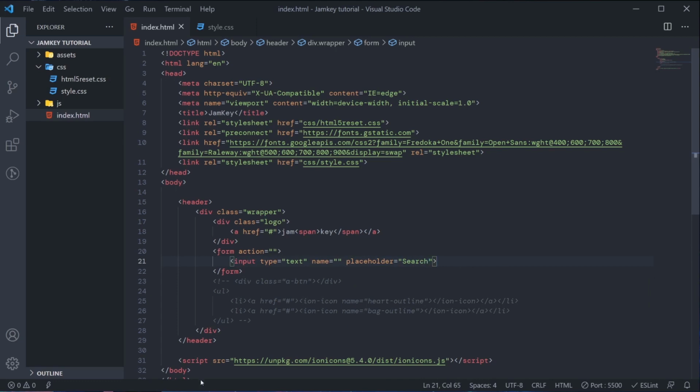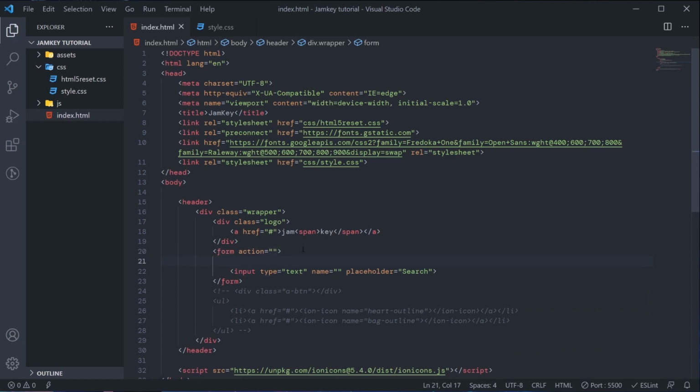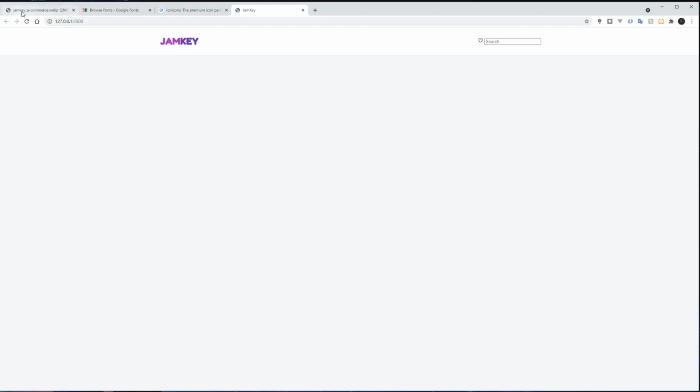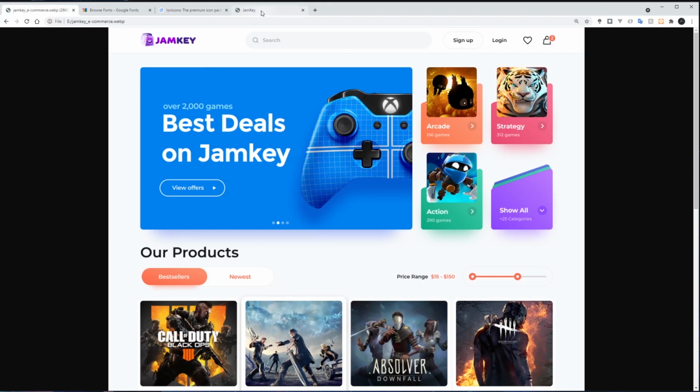Then we need to add an icon for the top here. So let's see, we'll copy this one here. We need to add a search icon, because if you see the design here, the search icon is there, so we need to add it.